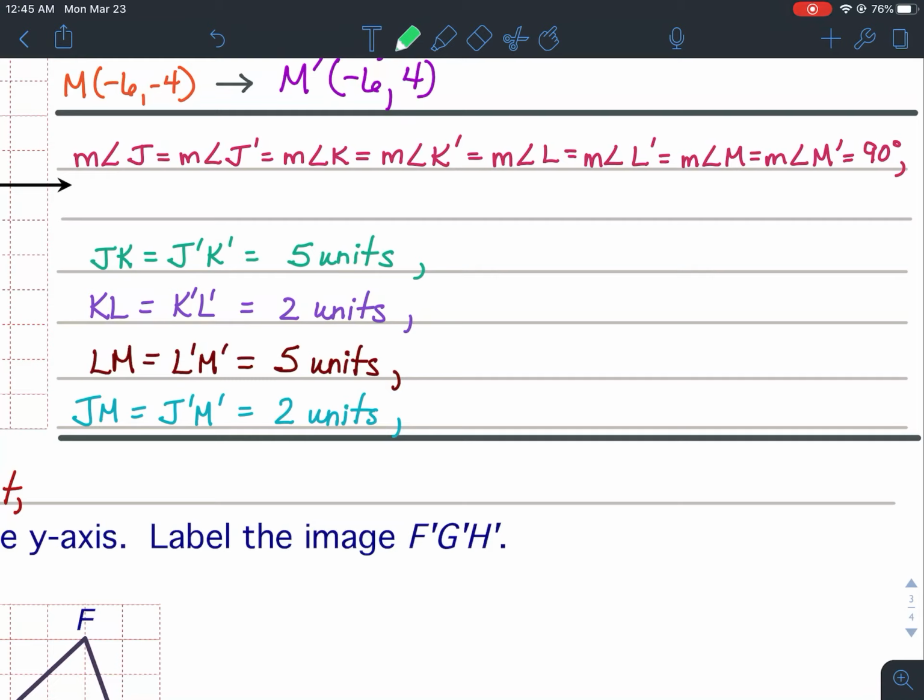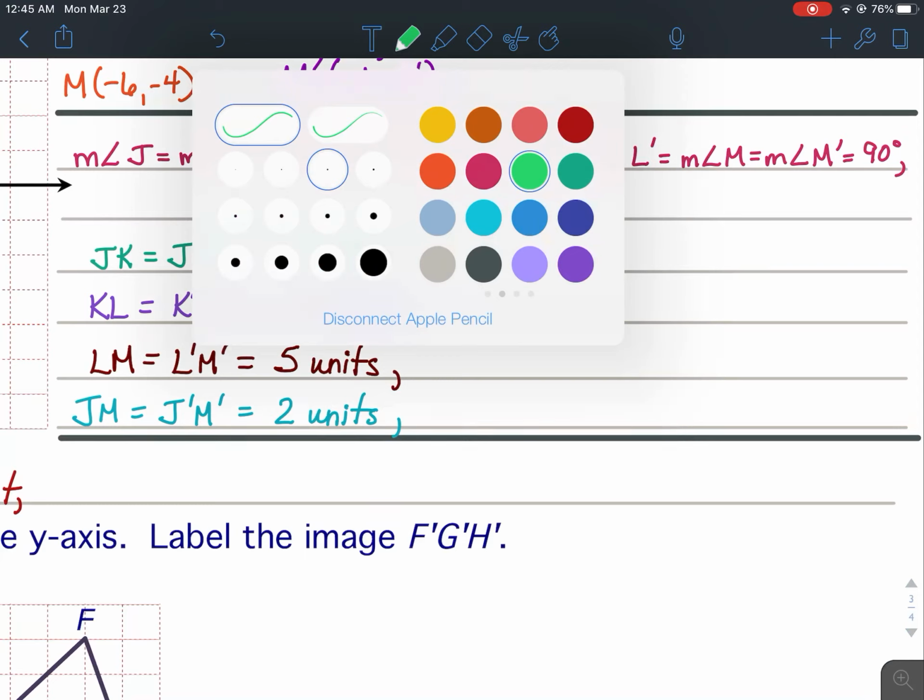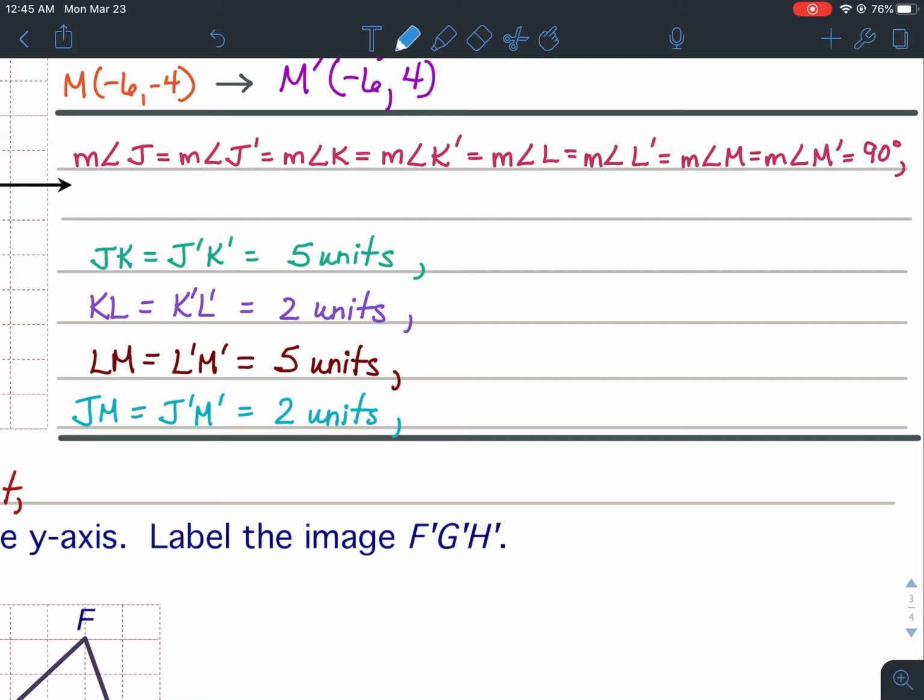So the measure of angle J equals the measure of angle J prime, which equals the measure of angle K, which equals the measure of angle K prime, which equals the measure of angle L, which equals the measure of angle L prime, which equals the measure of angle M, which equals the measure of M prime, which all equal 90 degrees. Because all of the angles are 90 degrees, I can now state that angle J is congruent. Oh, sorry, I forgot the word therefore. Because they all equal 90 degrees, therefore,